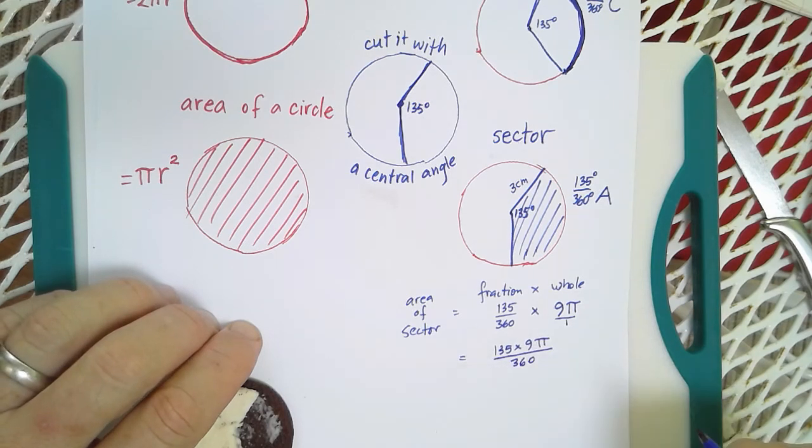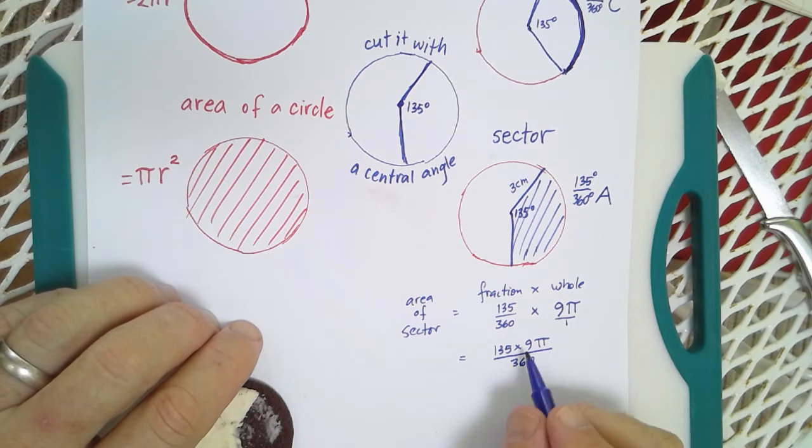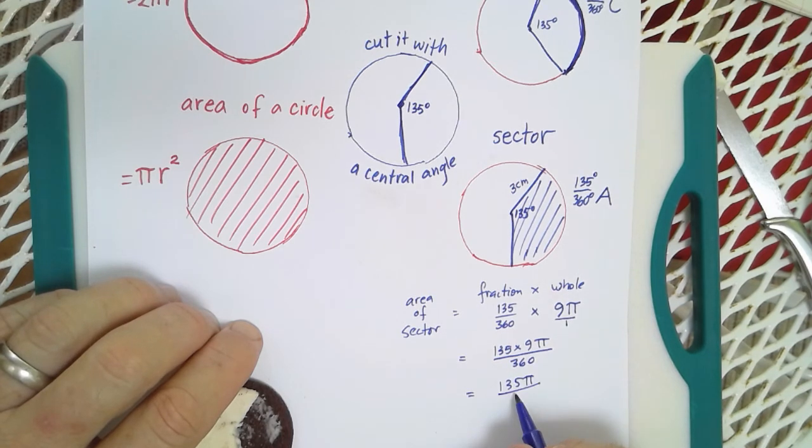You may remember that 36 is 4 times 9, so we can definitely get rid of a 9 if we divide both sides, top and bottom, that is, by 9, and the 9 goes away, and you get 135 times pi over 40. And then you can just keep simplifying. Well, let's see, that's not a multiple of 10, but I could take out a 5. So I take out a 5, let's see, that's 20 plus 7 more, so that's 27. I just divide that by 5, divide this by